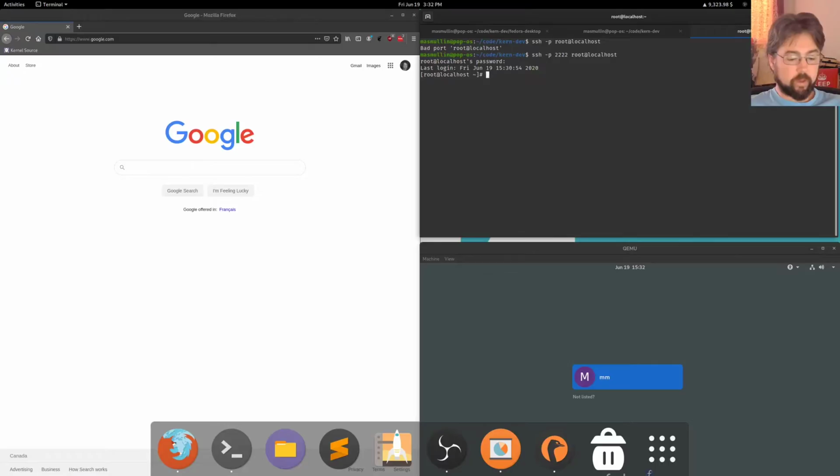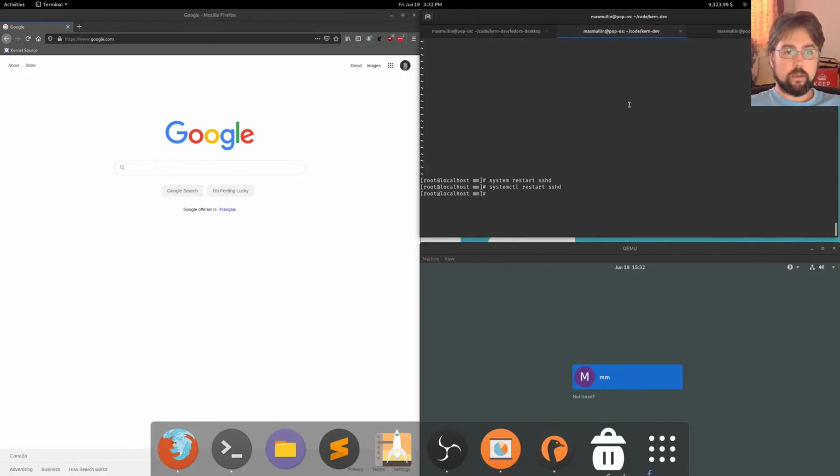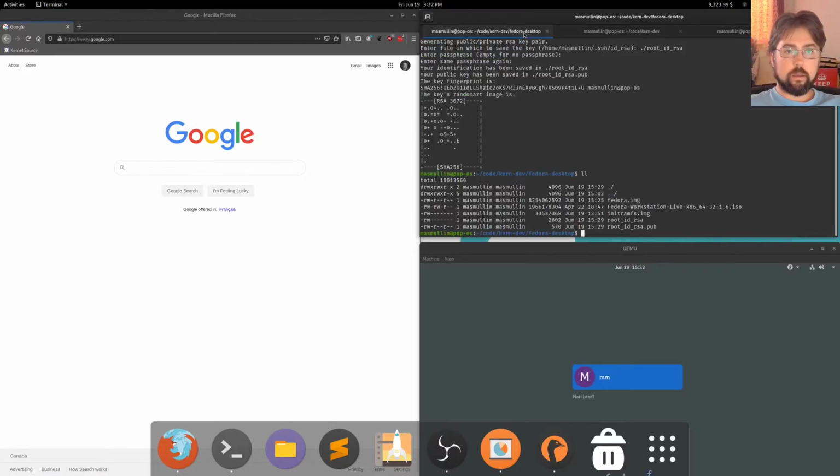And we're in. Okay, so we can log in as root. The thing is, we have to make sure that we don't need to provide a password, because Syzkaller doesn't have the method of entering the password in its scripts. So the way that we do that is in here. We want to SSH copy the